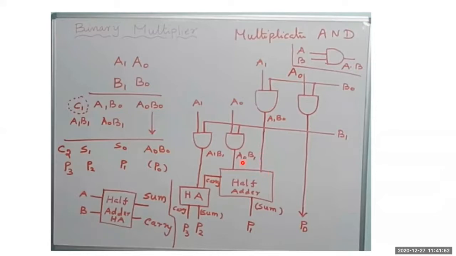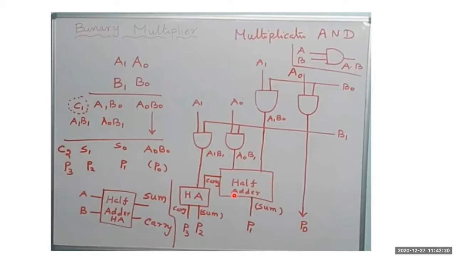Two inputs are connected. Why am I taking only a half adder here? Because we know that a half adder is a kind of circuit which works on two inputs. I cannot take the full adder over here. I will be using a full adder whenever I am trying to add three inputs. That's the major difference between the full adder and the half adder. Since I am trying to add only two inputs, I have taken the half adder. Don't get confused about why I have not taken a full adder over here. So now I have taken the two inputs and they have been added.